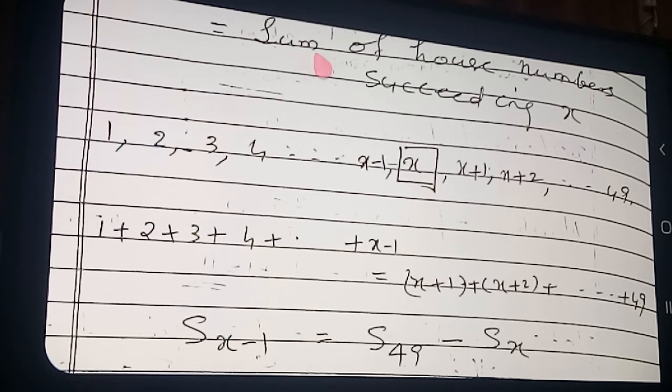From this much length we want to subtract up to here. Once you take it as a line segment, the total length of the line segment is this much. If you want to find the length of this part of the line segment, what will you take? This whole line segment minus this line segment. Yes or no? That is what the teacher had done here. So total 1 to 49 we call S49, minus from 1 to x, which we write as Sx. Clear? Sum of x terms.